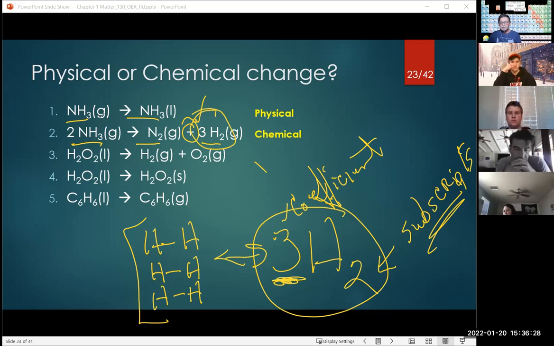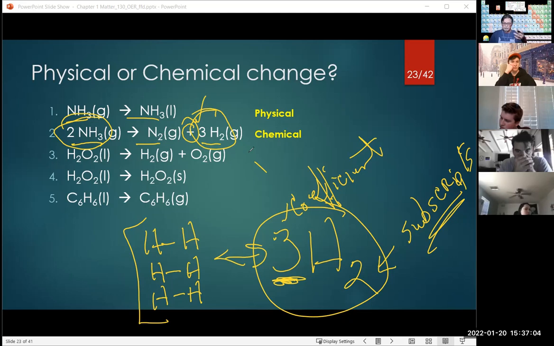And there are 6 hydrogens on my reactant side, okay? Because we're going to learn too, based on the conservation of matter and conservation of energy, we have to balance our chemical reactions. If I start off with 10 atoms of whatever as a reactant, I need to have 10 atoms of whatever as a product, okay?